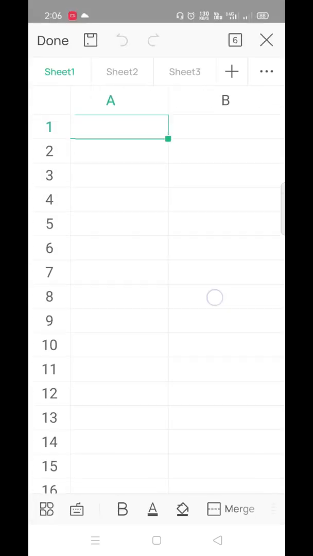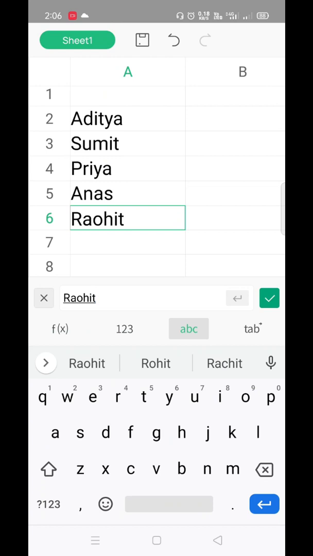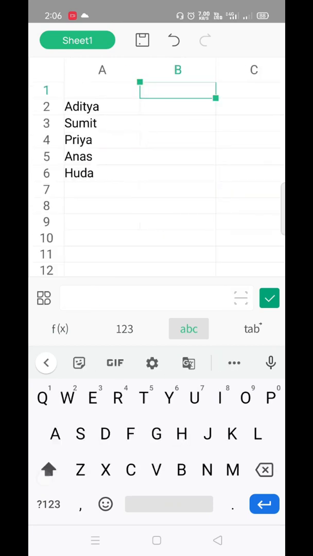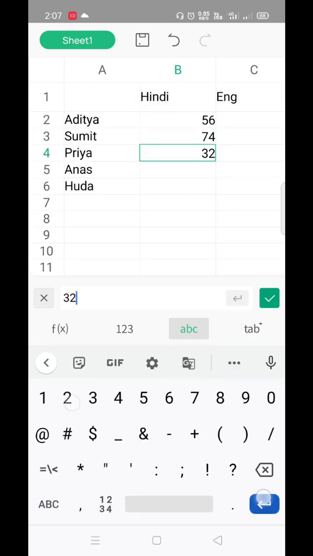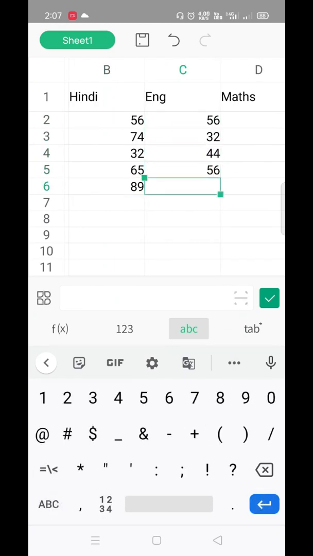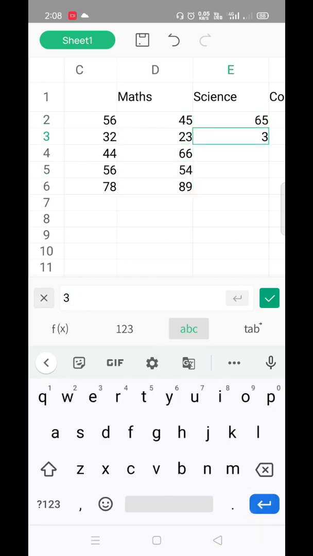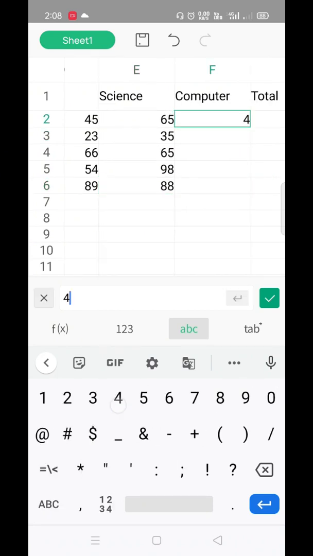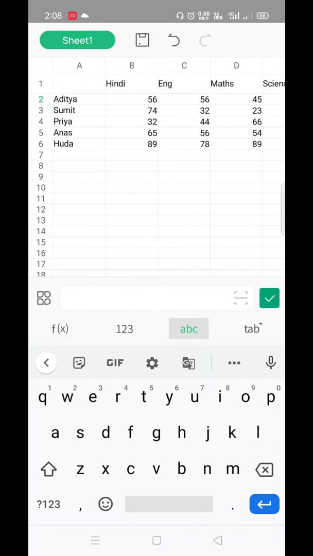Here I will type some demo details. Let's have a look. I have typed some values.